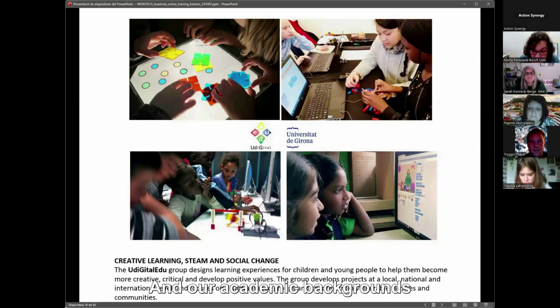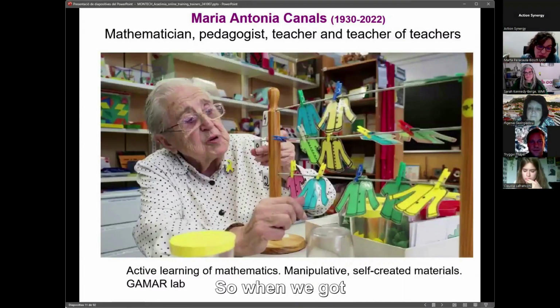And our academic backgrounds and our work at the university are in different places of the university, in the Faculty of Education, in the Faculty of Engineering, and some of us have a scientific background. So when we got together to build the group, to do these things with teachers, with children,